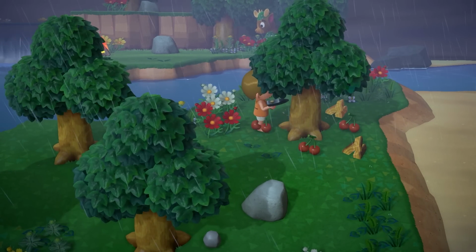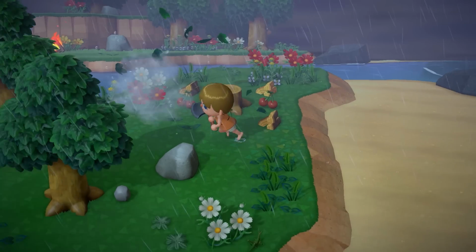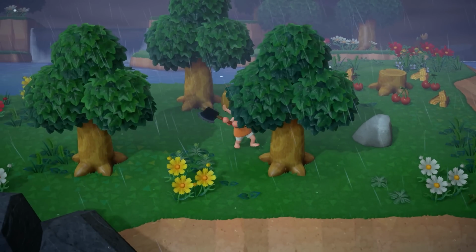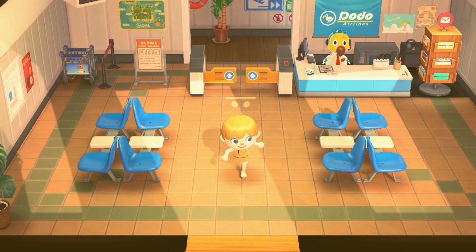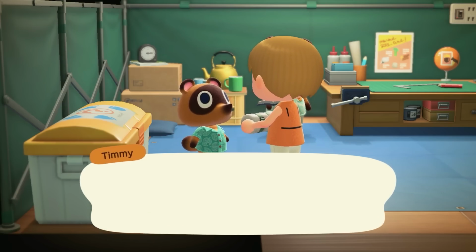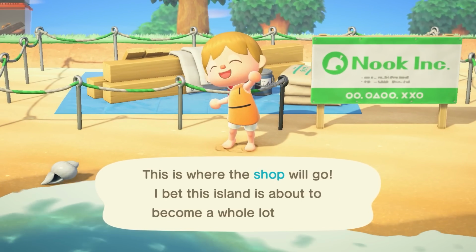So I'm letting Eric have those supplies. I'm going to fly away without them because I do not have the heart to chop down those trees. I cannot do it. We just got back with everything we need to get Nook's built, and we can now place down the shop. This is, of course, as close to the museum as I can possibly get it, but